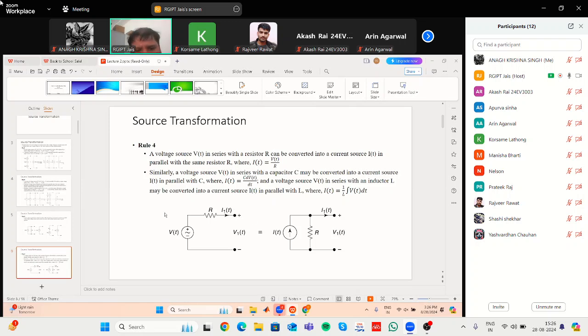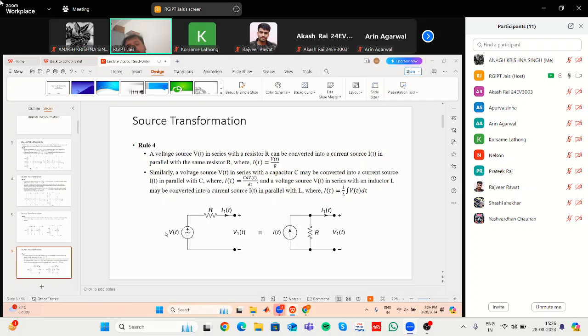Now, if this is given, let us say a circuit with a particular voltage, a particular DC battery source, and a particular resistance is given to you, can you write it in terms of a current source? That is the meaning. Or if a current source is given to you and a resistance is connected in parallel with it, can you represent that circuit in terms of a voltage source? Okay, the reason